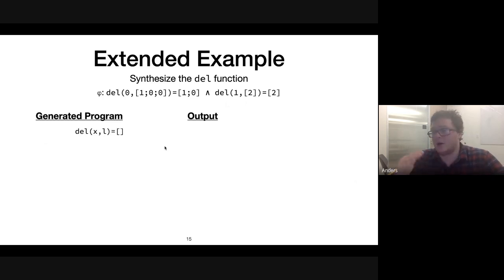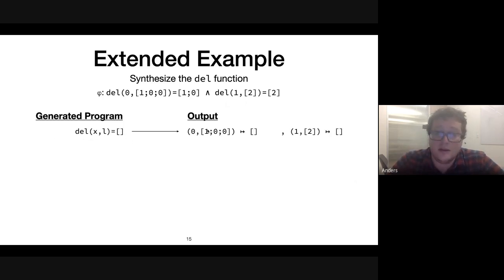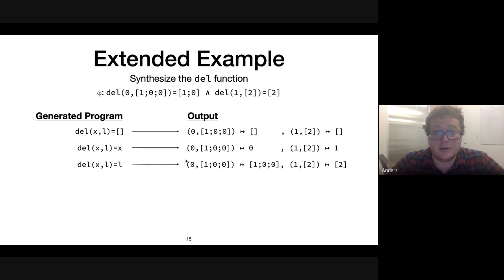We're going to do this bottom-up search. I'm going to go into the specifics of the bottom-up search later, but right now we're just generating bigger and bigger programs. So let's say I'm trying to delete x from L, and I just say, okay, the del function is just the constant function that returns the empty list. The output will return the empty list on both of these inputs, as expected. Cool. Let's start building some more complex ones. So maybe I project out the first argument, and that does exactly what you'd expect. It projects 0 or it projects 1. I can project the second argument, so it projects 1, 0, 0, or it projects singleton 2.